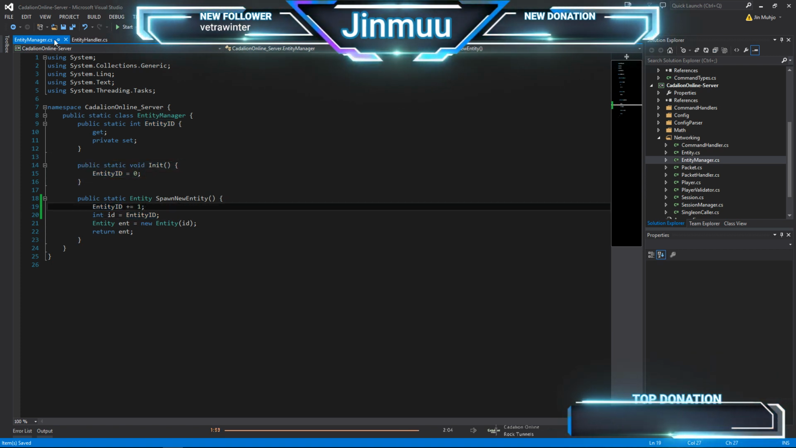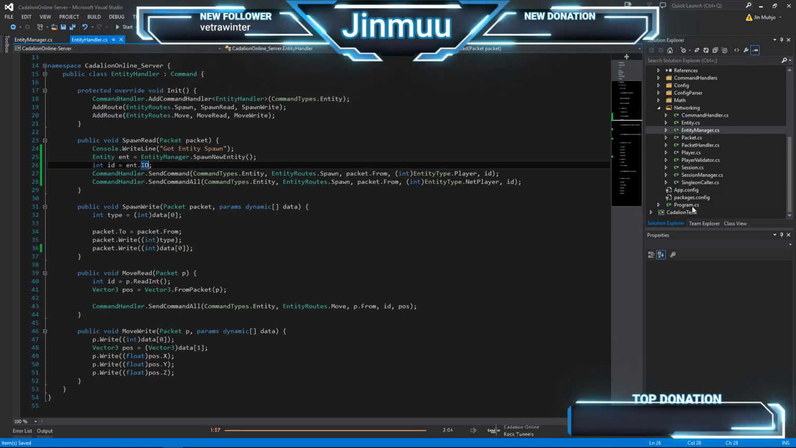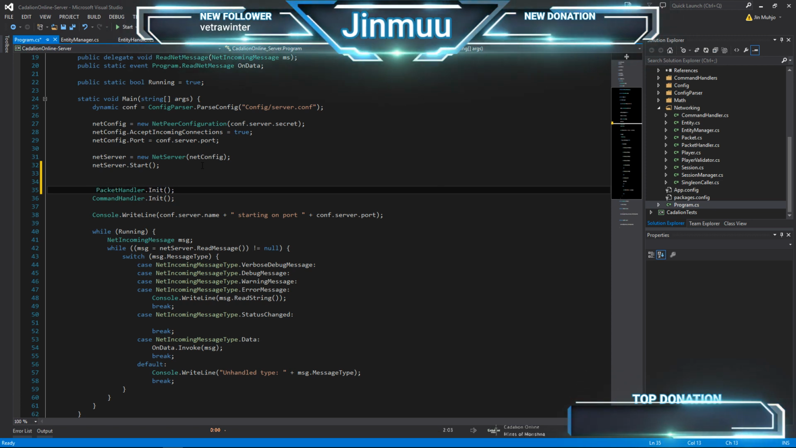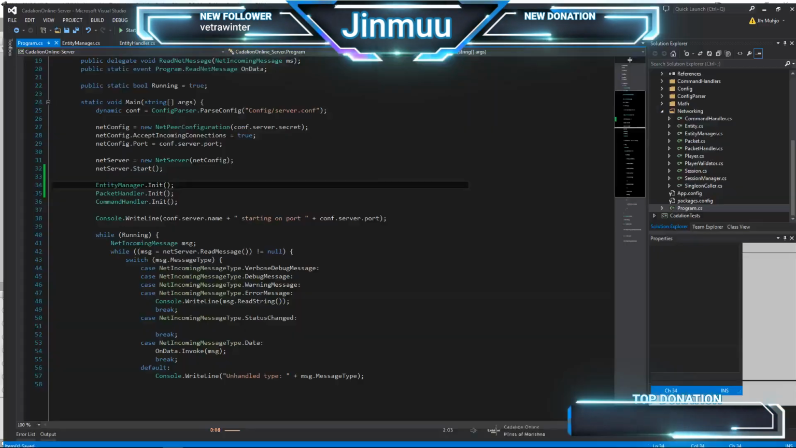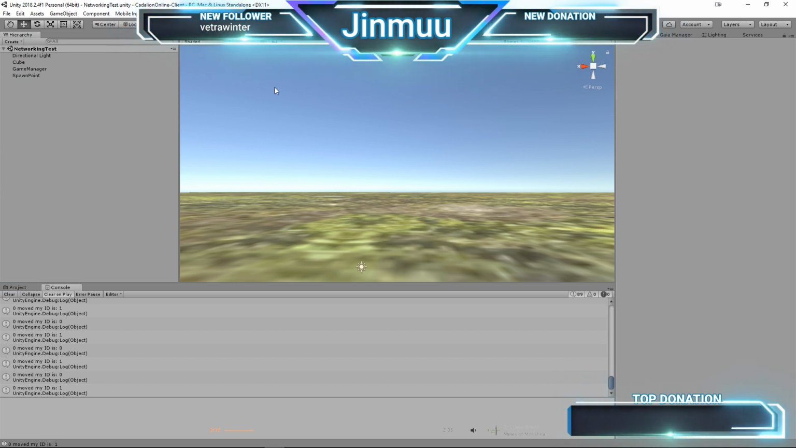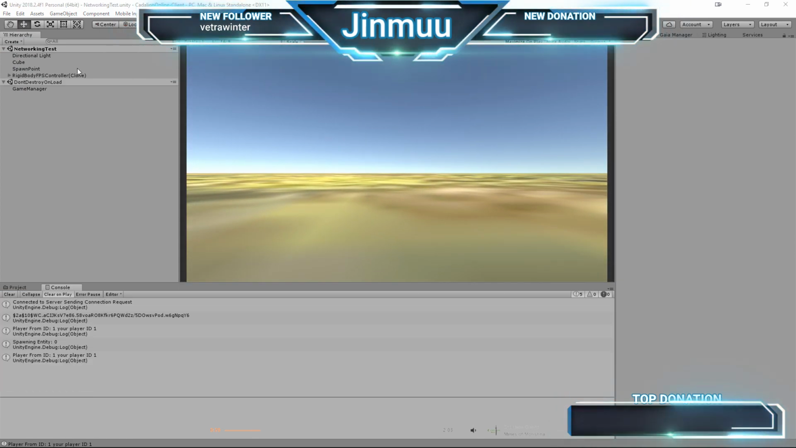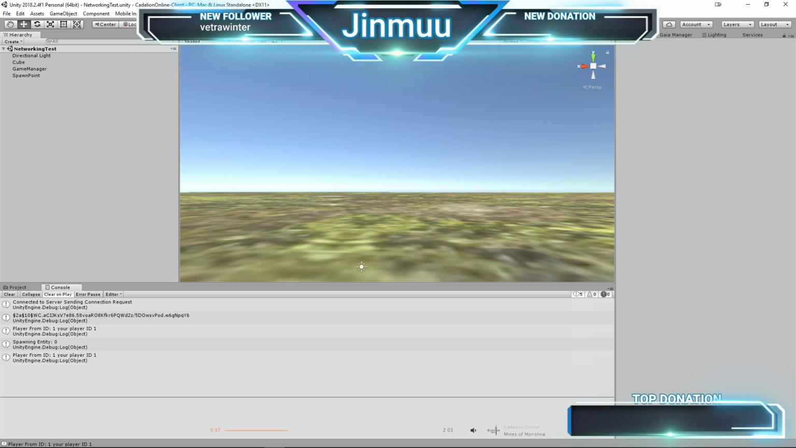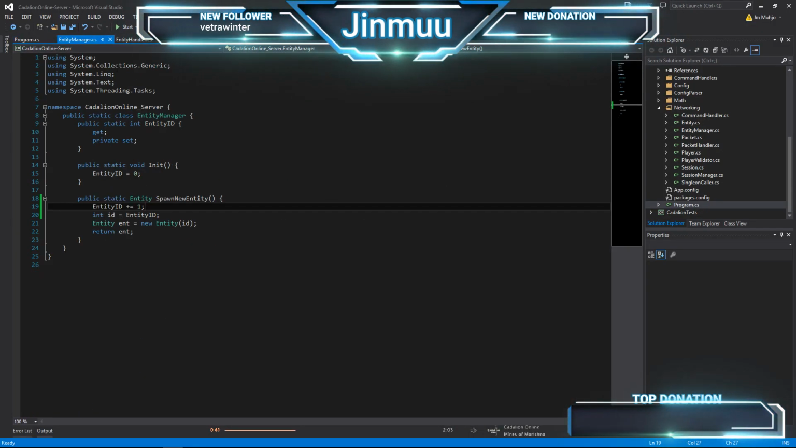So we need to initialize this as 0. Before our packet handler, we're going to do entity manager dot in. So what we're going to do is spawn this in. Okay, so we have object ID of 0. That should never be 0. I understand that it's 0 here, but when I spawn a new entity,